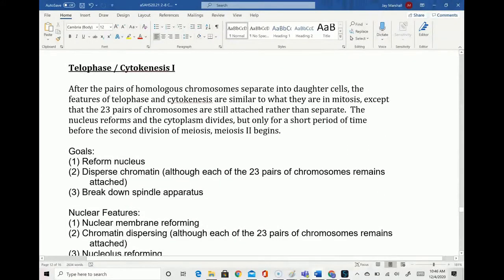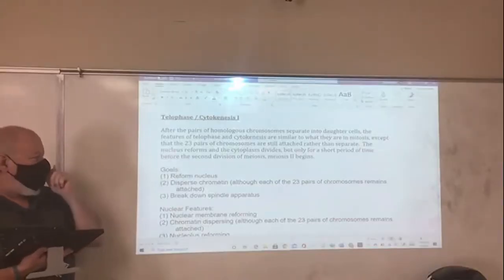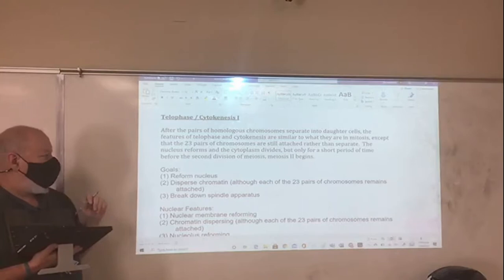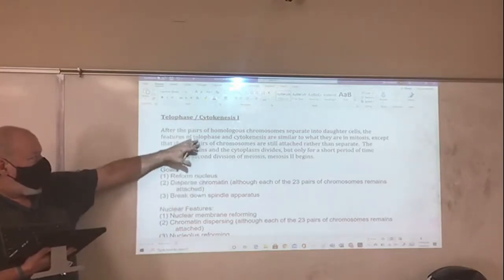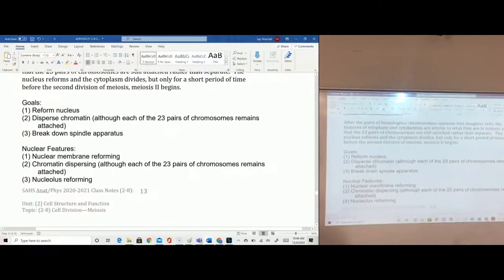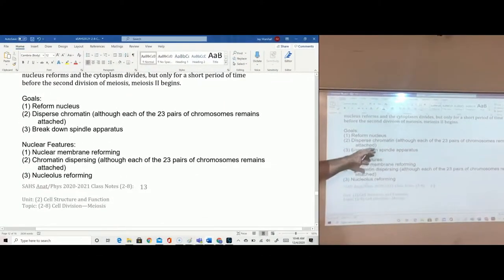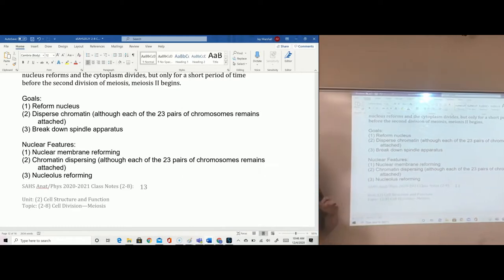So same thing after the pairs of homologous chromosomes separate into the daughter cells. The features of telophase and cytokinesis are similar to mitosis, except that 23 pairs of chromosomes are still attached rather than separate. The nucleus reforms, the cytoplasm divides, but only for a short period of time, because then we get meiosis 2, the second meiosis. So for telophase and cytokinesis, we reform the nucleus, we disperse the chromatin, we break down the spindle apparatus, the nuclear membrane reforms, chromatin disperses, the nucleolus reforms, and don't worry,